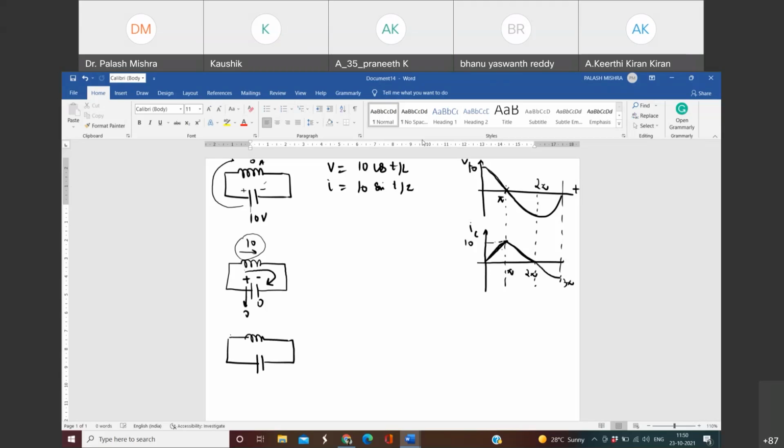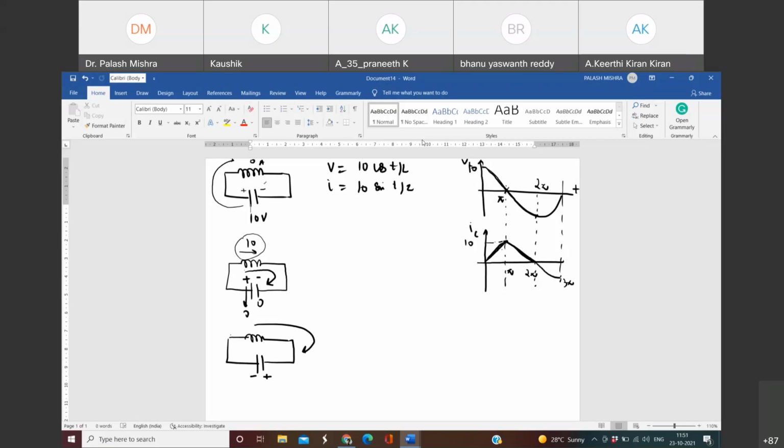The capacitor will get charged in this direction, and here plus and minus will come. See, the current sign is still positive only. It was positive till pi, and it is still positive in the second pi, I mean till 2 pi also. But the capacitor voltage has reversed. You see, in one the capacitor is getting discharged, and in the second it is getting charged. So here it is plus and minus.